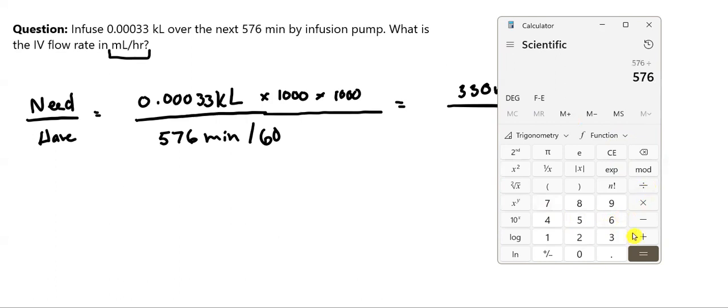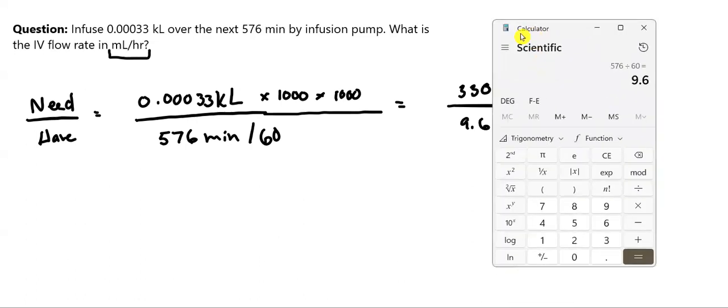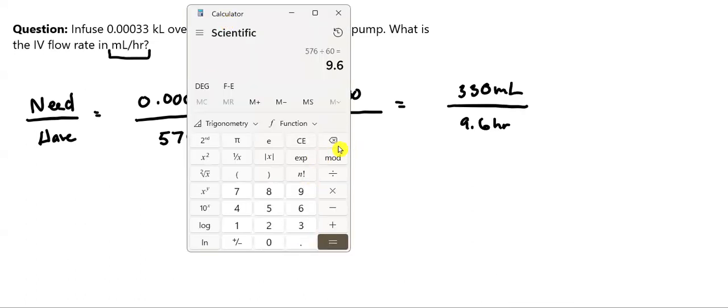Okay, now let's see how many hours 576 minutes is. 576 minutes divided by 60 minutes in every hour, so that's 9.6 hours. Let's go ahead and finish off the division. Now that I know it's in the correct units, it's in milliliters, it's in hours, I can actually divide 330 by 9.6. 330 divided by 9.6. And I'm going to get